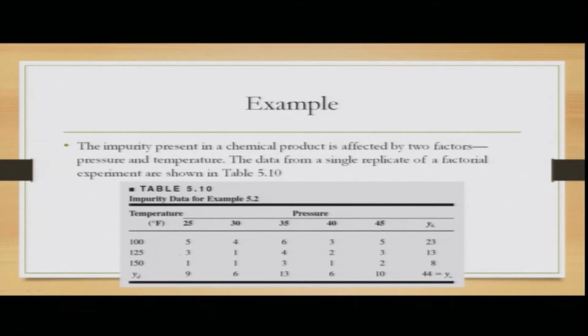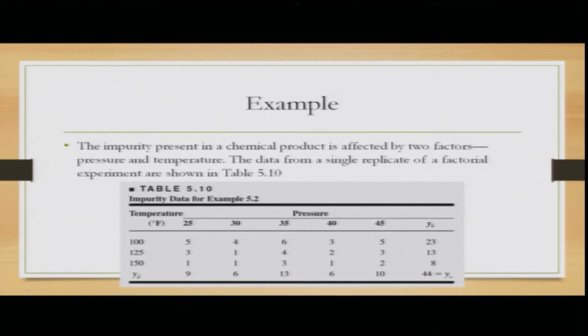If you consider the second column, 531 corresponds to the pressure of 25, and the temperature values are 100, 125, 150. Similarly, for the third column, pressure 30, the values are 411. For 35 pressure, the values are 643. For the pressure value of 40, the corresponding values are 321, and similarly for the last pressure 45, the impurity data